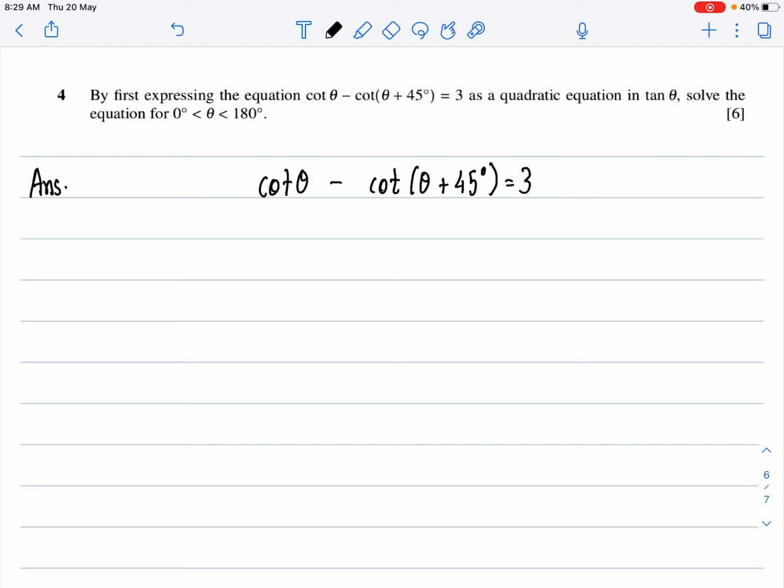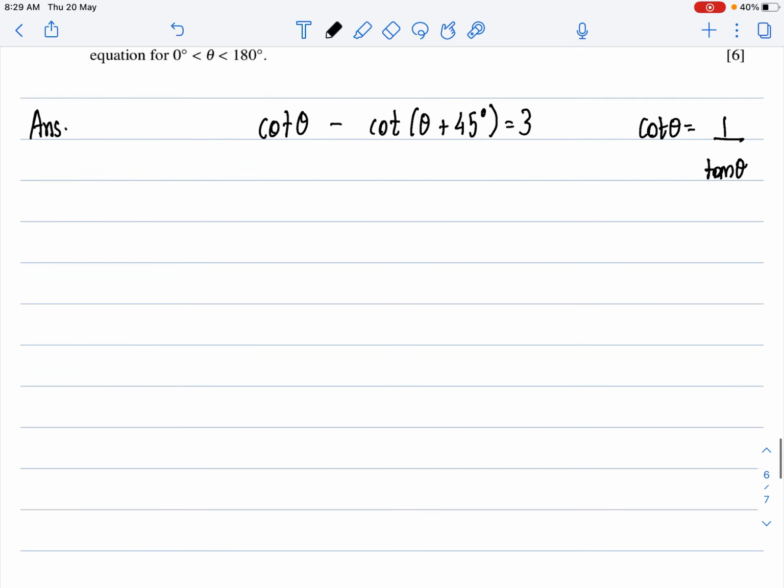This is the fourth question of the paper. As you can see, this is a simple trigonometry question. So now, I know that cot theta is basically 1 over tan theta. So now, I can substitute this and write this as 1 over tan theta